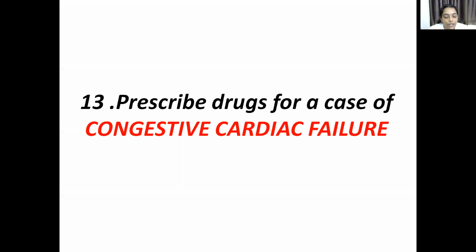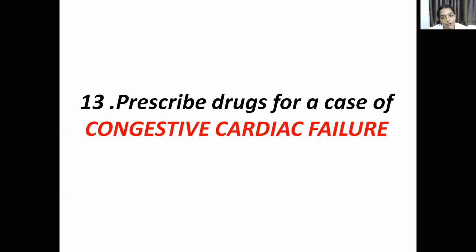What are those? The first one is activation of the renin-angiotensin system, the second is cardiac remodeling, and the third is sympathetic discharge. All these 3 compensatory mechanisms occur to increase the cardiac output. We know what happens in the renin-angiotensin system: there is a decrease in renal perfusion. Why does the RAS get activated? Because initially there is a decrease in renal perfusion due to the decrease in cardiac output.